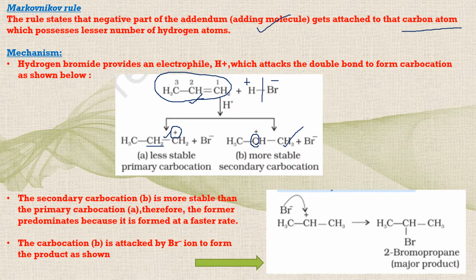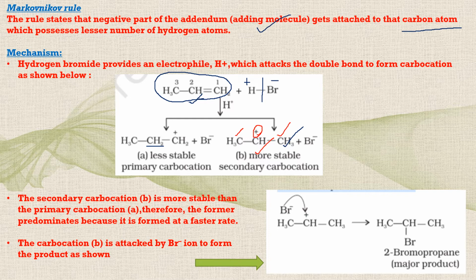Now, if you see these carbocations carefully, we got two possible carbocations. Which is more stable? Everybody can see that this is more stable because this is secondary. The carbon involved in making the carbocation, that means the carbon having the positive charge, is attached to two more carbons directly. So we call it secondary carbocation. And we can explain it on the basis of hyperconjugation or inductive effect that secondary carbocations are more stable.